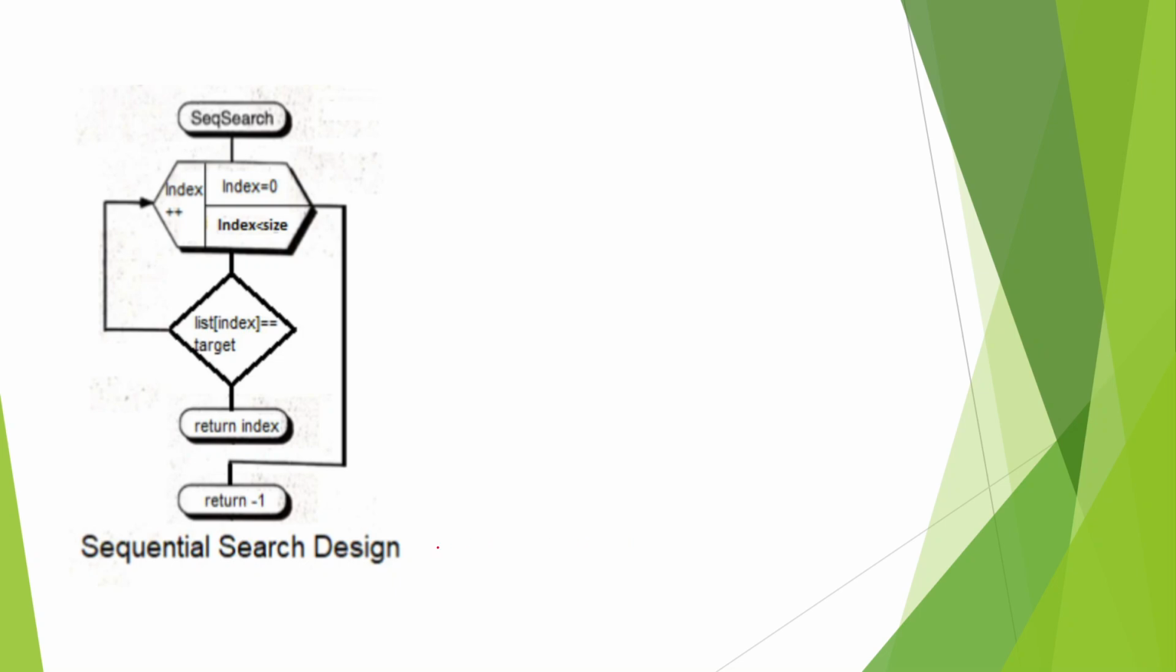So here this is how. We take a loop. For the implementation of this linear sequential search, what we do, we'll take a loop. And in that loop, for the list of all possible indexes from 0 till the maximum size, we compare